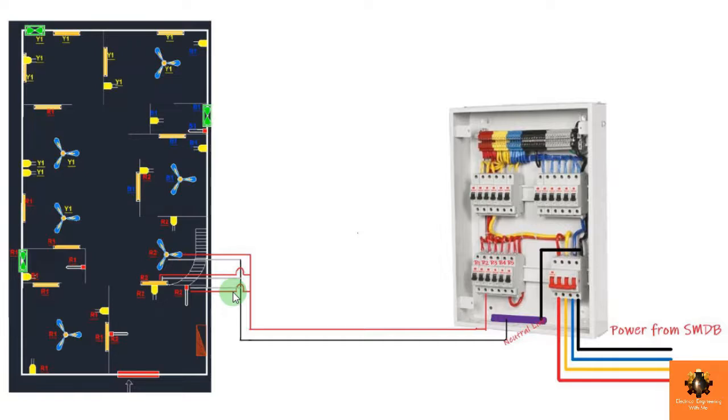Because in the wiring layout you will not find the complete path of the circuit, meaning we will not draw the complete path of the circuit from the DB to the device or the outlets. Instead of this, we will only show in the layout which device is fed by which circuit and which switch is controlling the device. So this is the basic about the electrical circuit. Now move to the next video.